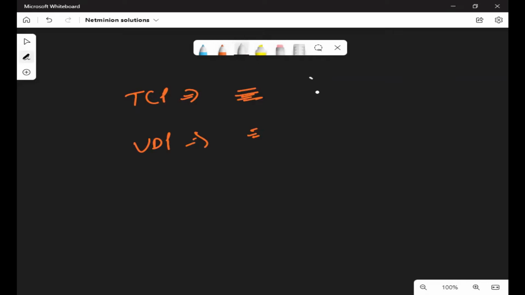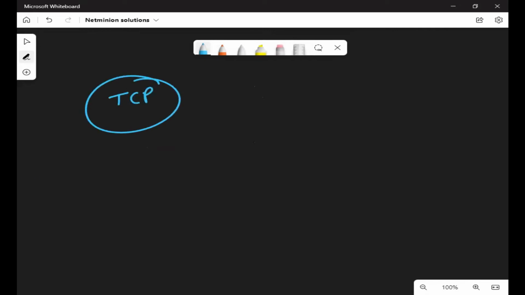Most of the applications work on TCP, right? I could say that 90% of the applications work on TCP, and since 90% of the applications work on TCP, it means TCP is something which cannot be avoided, right?